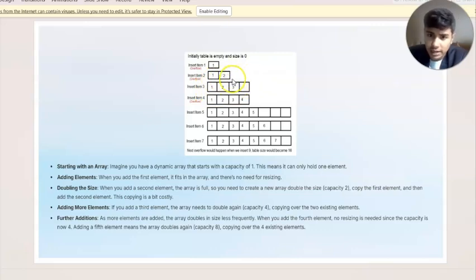So we add 3. Then after adding 3, we can directly add 4 as there is an empty index. Then for adding 5, again there is no empty index, so we have to double its size. We have to resize our array, and so it now becomes an 8 element capacity dynamic array. 4 to 8. Simple. Then we can add 6, we can add 7. This process continues until 8. Then for adding 9, we have to again resize it as there is no empty index left.